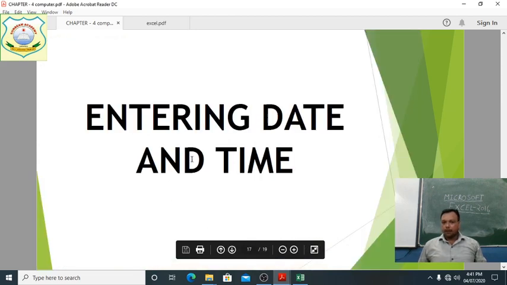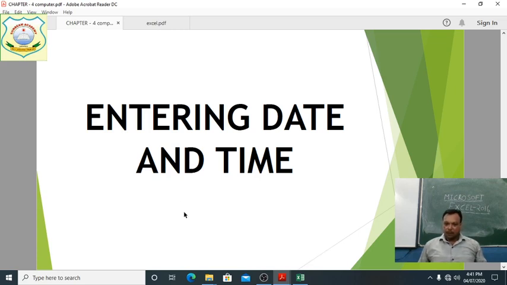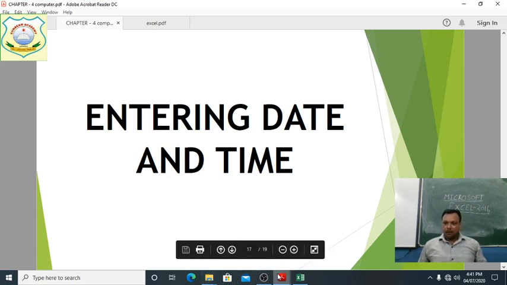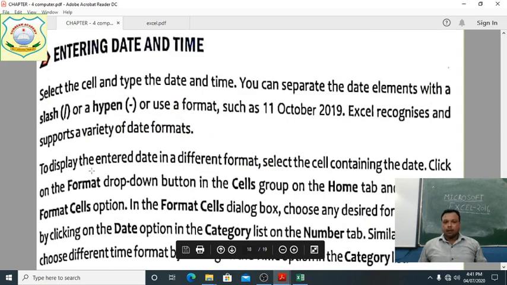entering the date and time. How can we enter date and time? Students, here it is given: select the cell and type the date and time. Select a cell and here we will type the date and time. You can separate the date elements with a slash or a hyphen.